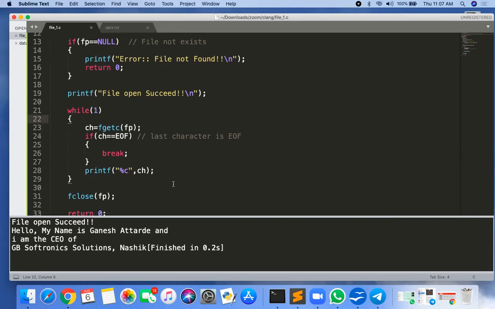Are you getting this point? How to read the characters, or how to read the file? Yes, so this fgetc is nothing but scanf, no sir? Yes, it is very similar to scanf, but scanf will scan from the console, from your keyboard. fgetc will scan from the file. Can we use scanf and then write it there? If we use scanf, then we have to enter in the other file.